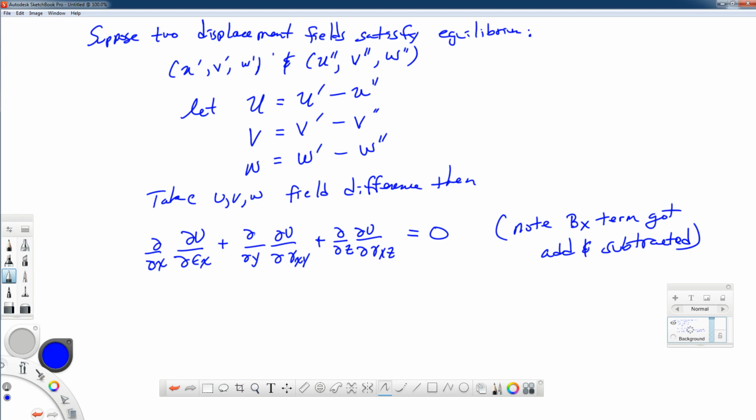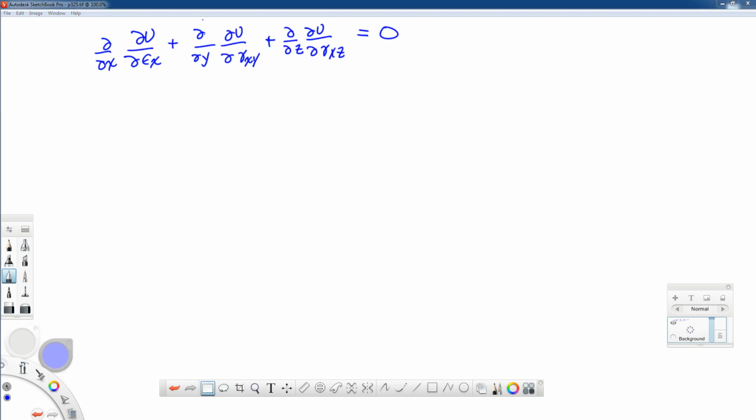Okay, I am going to need another page for this. Alright, so I'm just going to say, then also, okay, now here's my volume integral. If I take a displacement field u and multiply it by this thing that's equal to 0,